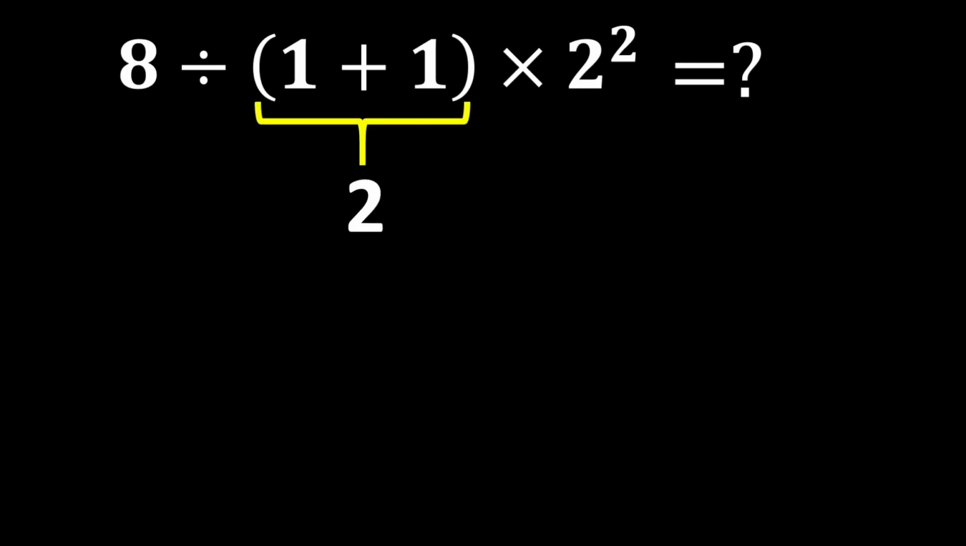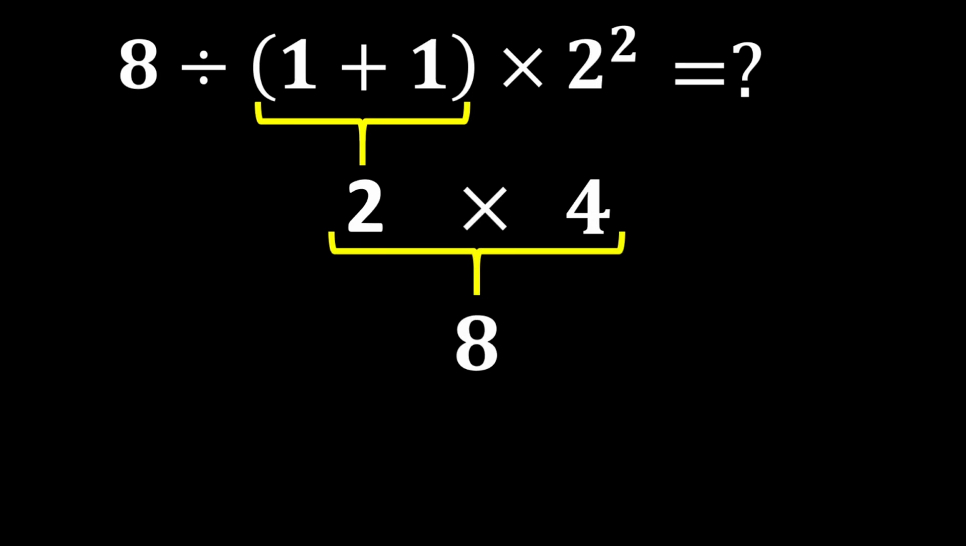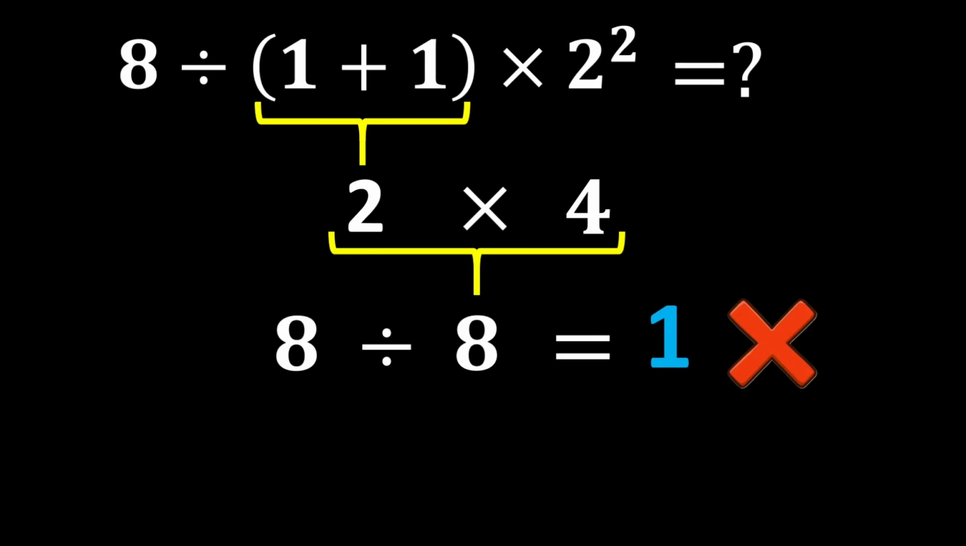1 plus 1 gives us 2. Then 2 to the power of 2 becomes 4. And 2 multiplied by 4 becomes 8. And finally 8 divided by 8 becomes 1. But this answer is not correct because we did not follow one of the most important rules of mathematics called